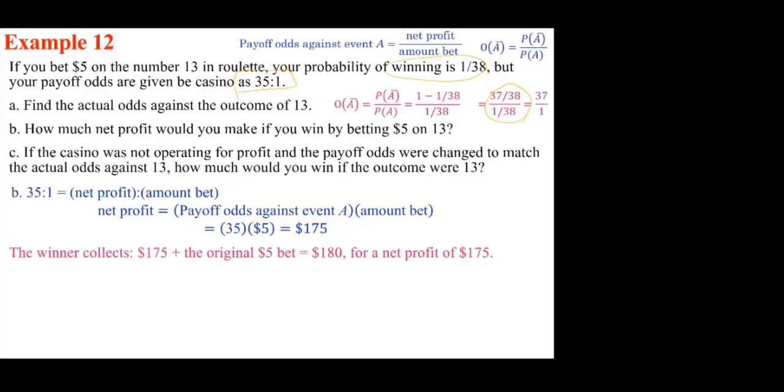Now, it is extremely important for us to understand how much we collect. We collect $175, and the amount of bet is not going away. So we keep our own $5. This is the way the payoff odds work. So I want you to be very careful when you look at this versus when you play a lottery. If you pay $2, $3, $1, $5, however much money you pay for a lottery, when you win, the amount that you paid will come off as your net gain, if you will. Whereas here, the amount of money that you put in to play is not going to go away.